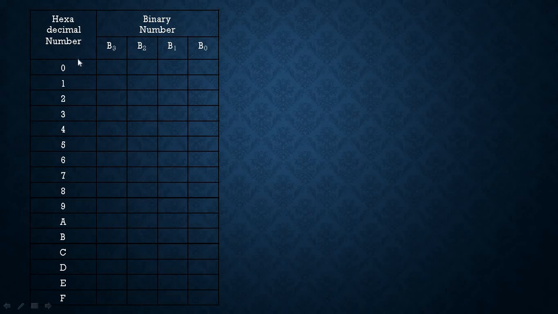Now we have to find out, for hexadecimal number 0, what is the binary number. For B3, B2, B1 and B0 we have to find out how to enter zeros and ones to create each column.